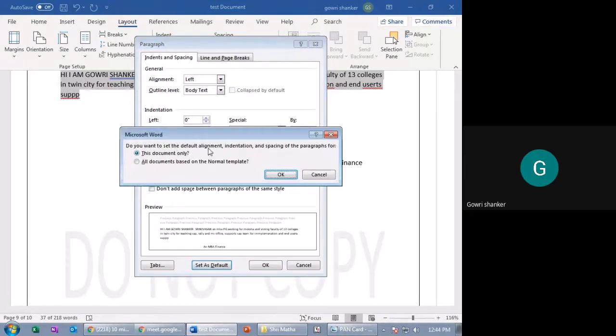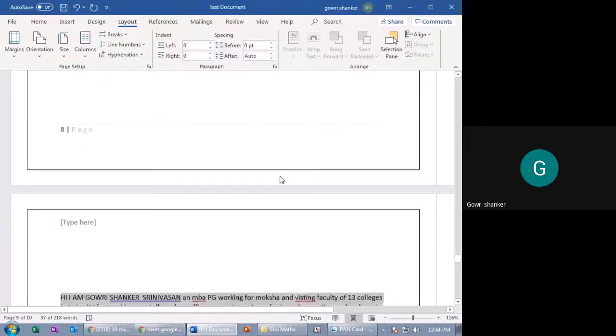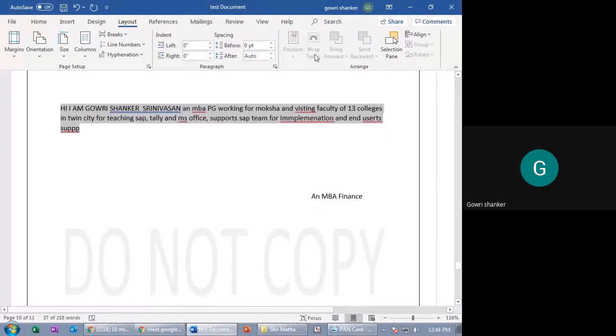Do you want to set default alignment and indenting spacing of paragraph for this document only? See, right? I have set it to auto. If I increase this to 6 points, 12 points, a slight spacing difference will be there between these two. After this, the spacing difference will be there between the first line and second line according to this.